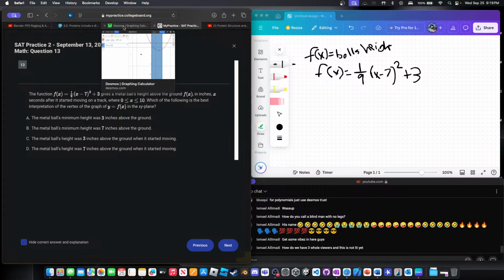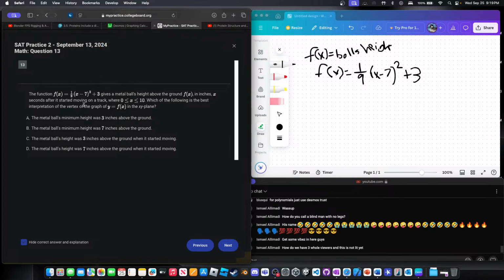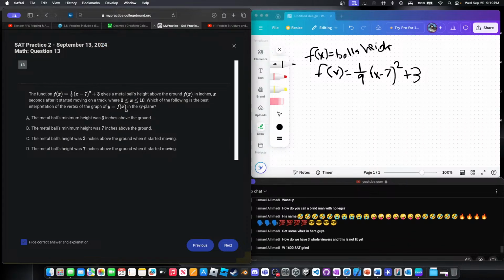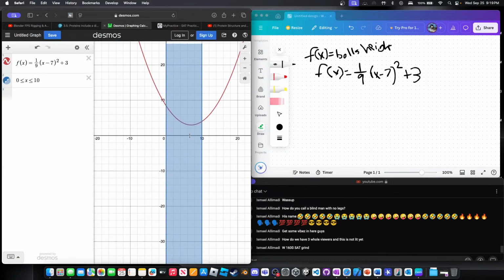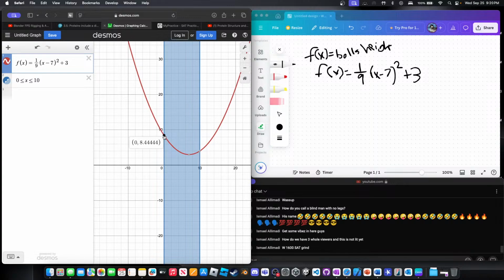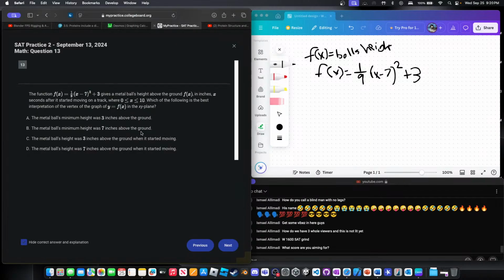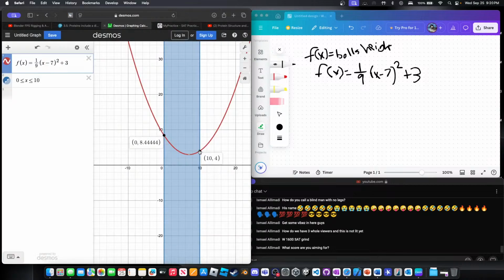But anyways, okay, so what is the best interpretation of the vertex of the graph y is equal to f of x in the xy plane? The metal ball's minimum height was 3 inches above the ground. What's the best interpretation? Okay, so starting from 0, it was 8.44. When it started moving,